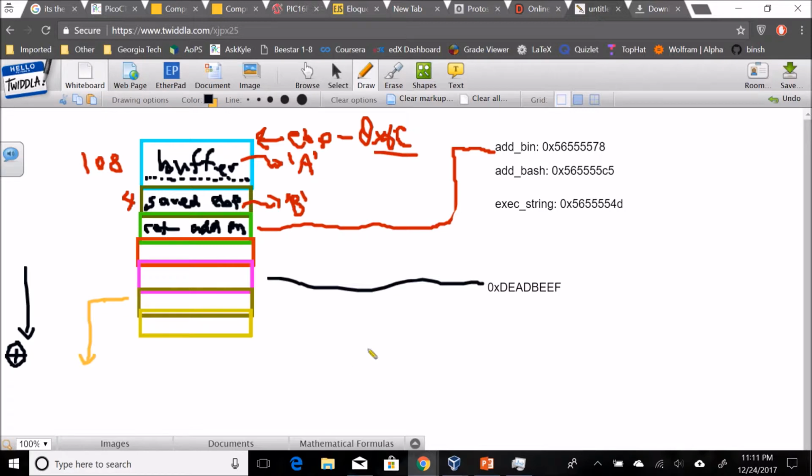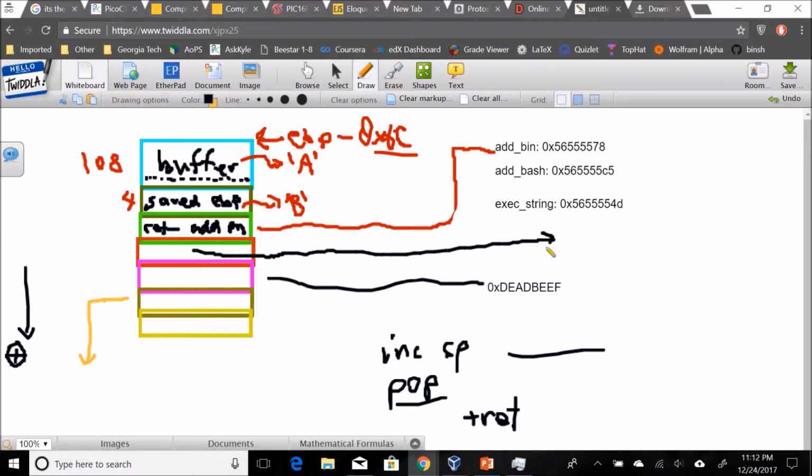So there are a couple of instructions that will allow us to do this. We either have increment stack pointer by a certain amount, or we can pop. These two instructions, and then obviously at the end we need a return to make it an actual gadget. So a pop here is actually a great thing, because if we just have one pop, imagine the gadget runs here. If we can find a gadget that basically does pop into whatever register, we don't care, and then a return,